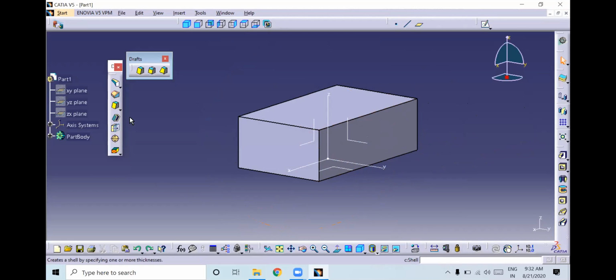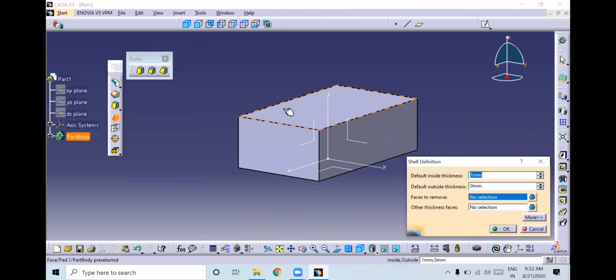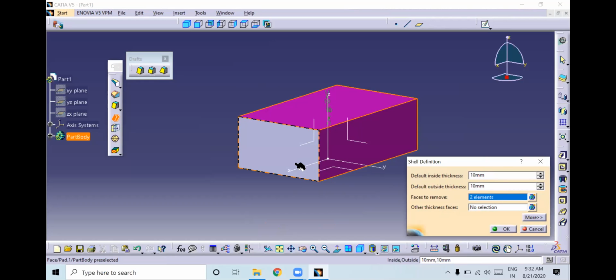Okay. So next we have shell. Select it. Shell is used to create a hollow block. Shell is going to remove the material. I'll give inside thickness as 10, outside thickness as 10. Face to remove, I will select this. Other thickness face: I need to give thickness. One minute.